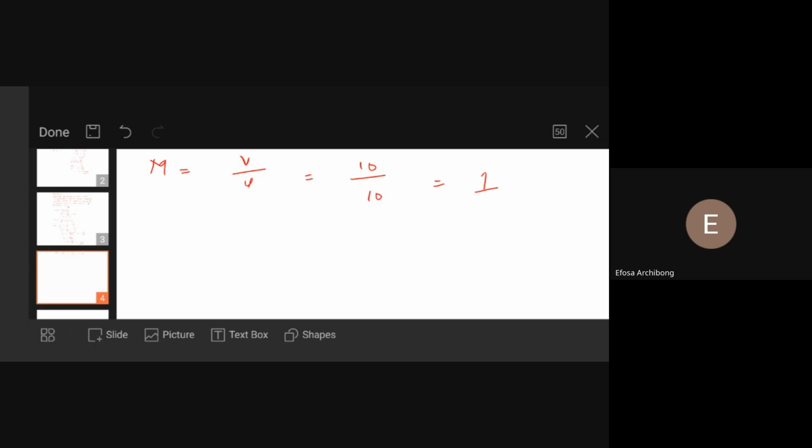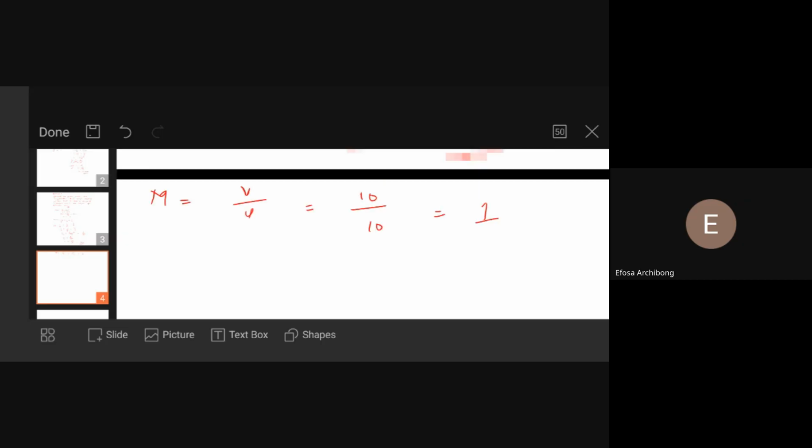So it means that in this question, the object was placed at the center of curvature of that concave mirror, which is why a real image was produced, because the image formed will be inverted, the same size, and formed at the same distance as the object distance. So that is exactly what this question entails, and what the question expects us to do. All right, so we take one more question,